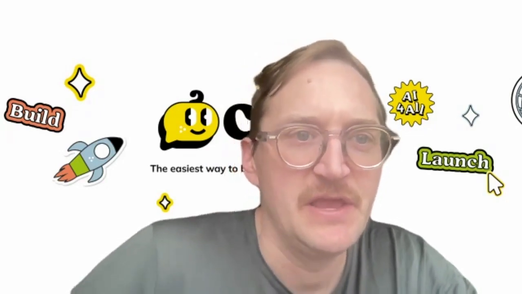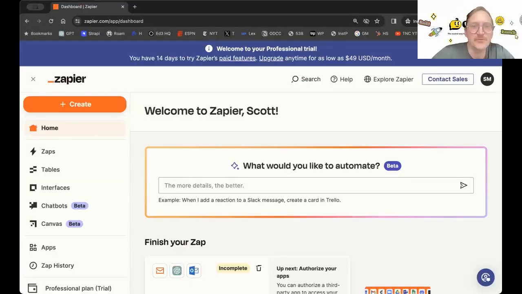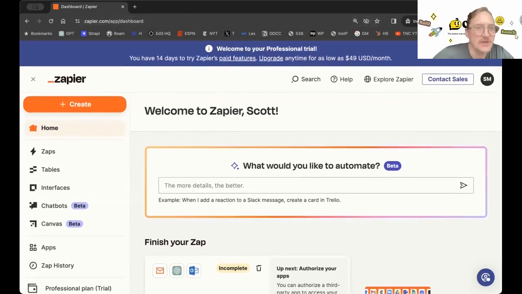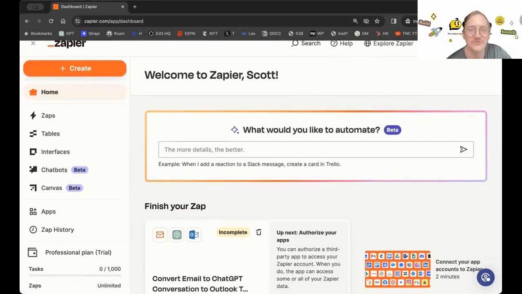And let me do an incognito view so you can kind of see what it looks like. So go ahead and you can go to Zapier. I'll log out. No, that's all right. All right, cool. So here is my screen on Zapier. You can see I signed up for a free account, but I have 14 days to try the paid features. And I'll give you just a second to go ahead and go to Zapier.com and sign up. Again, you can log in with Google or your email, and you'll have a trial for 14 days, no credit card needed. So you can kind of try out what we're doing today and see if it's worth the investment.